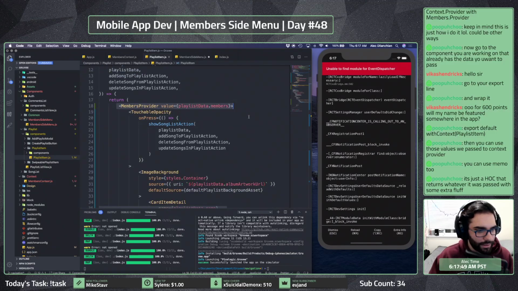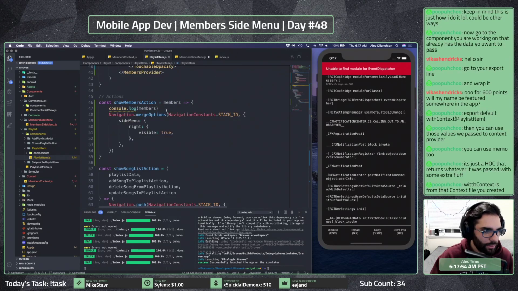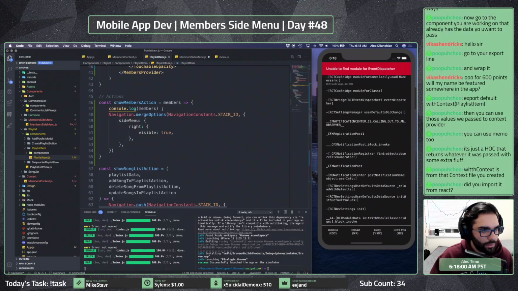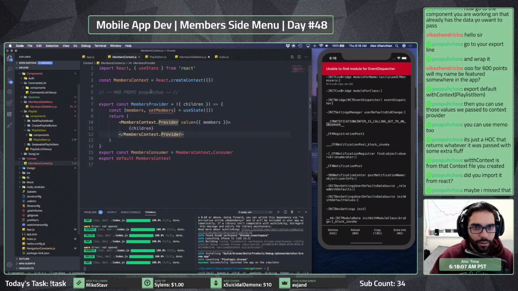I still need to wrap this thing to actually pass in that value, right? And so from React, yeah. From here, no. I don't have any with context here.